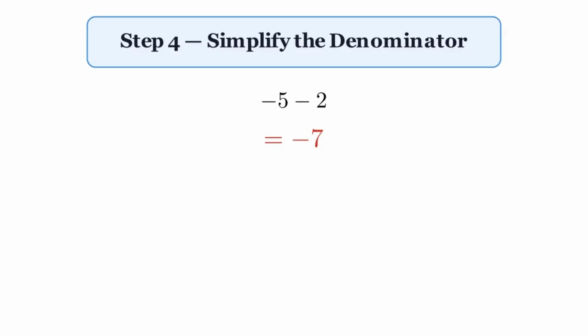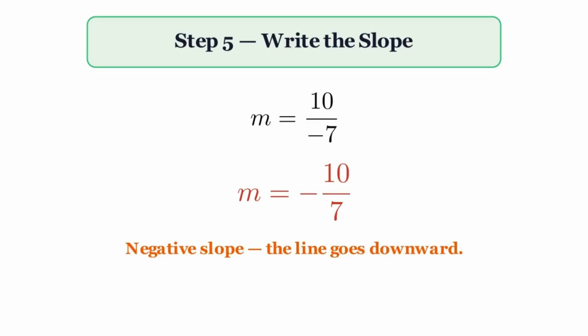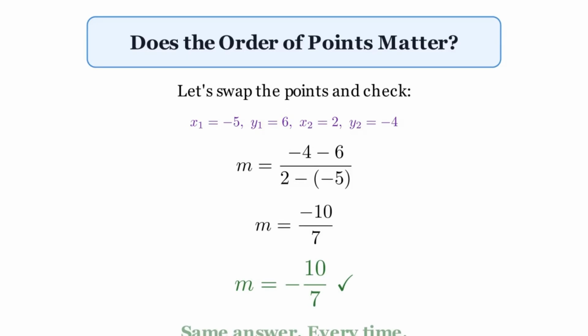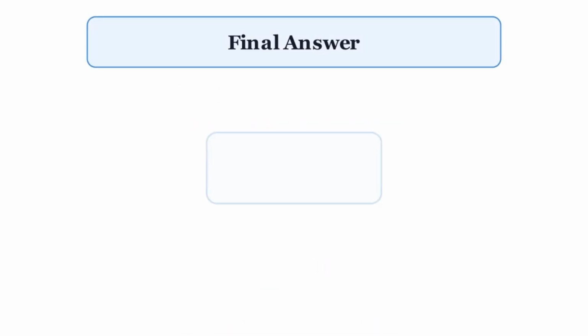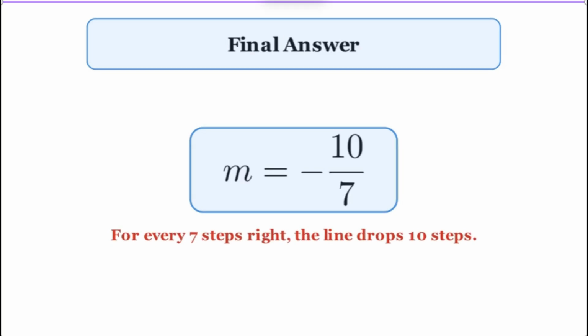Step 5, write the slope. m equals 10 over minus 7, and m equals minus 10 over 7. Final answer equals minus 10 over 7. Important note, it does not matter which point you call point 1 and which you call point 2, as long